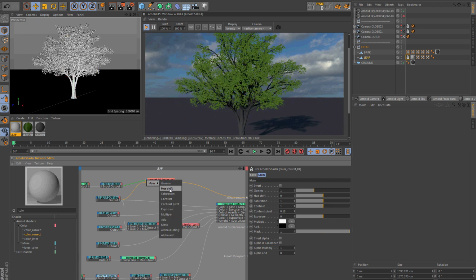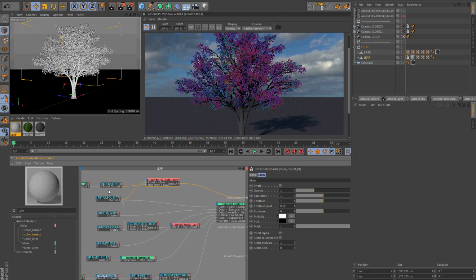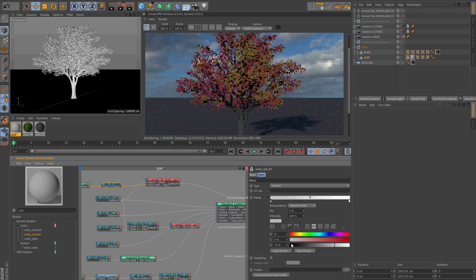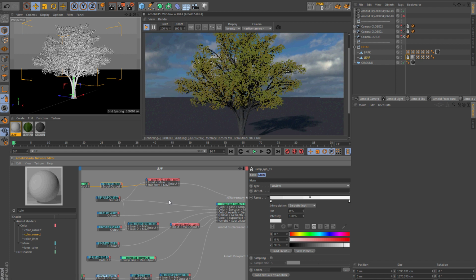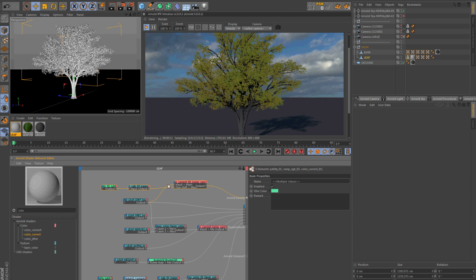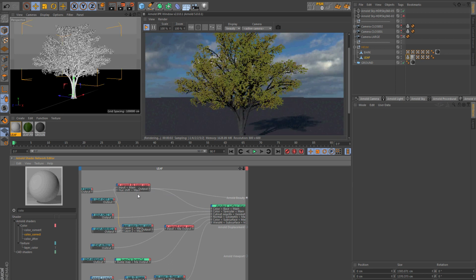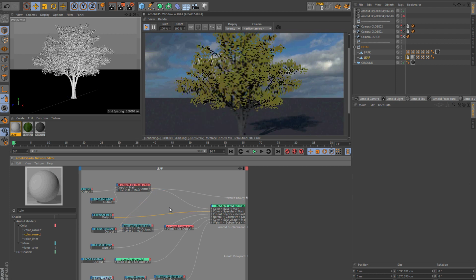It will drive the U, that's why I want to grade it to find a good value for my random U. So if I try some values, I can change the random, and this seems to be good. Now I can connect my diffuse on it, on my subsurface too. Okay, and see what happens.